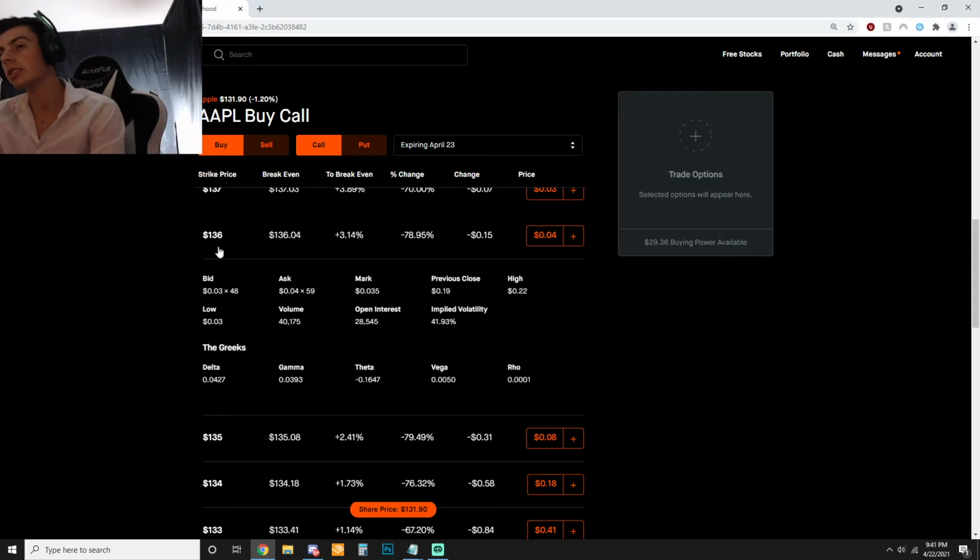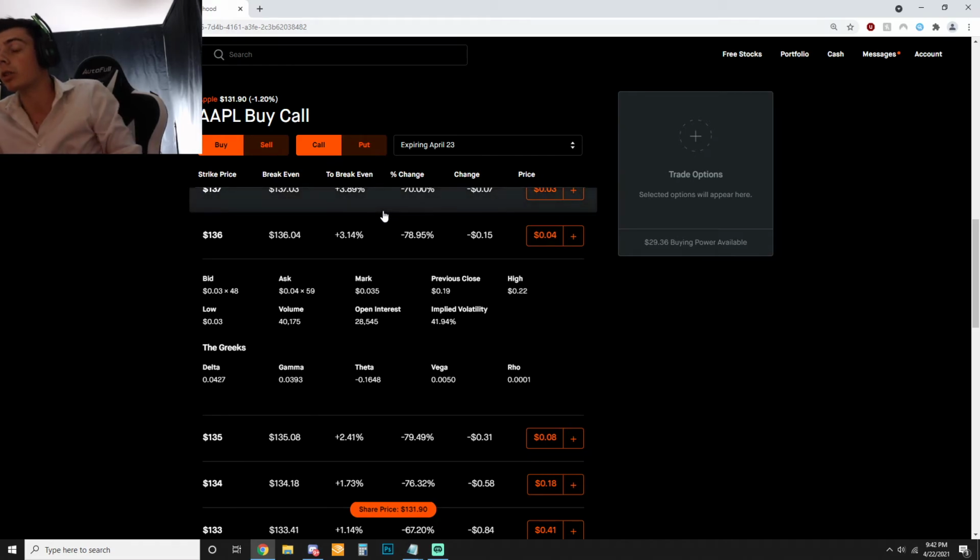So right now, this $136 strike price for this contract is worth only $4. For the right to 100 shares, it's only $4. So while that's cheap, you're going to lose $16 a day. So by the time this hits tomorrow, this contract's going to be absolutely worthless. And the chances of Apple moving up $4 or a little less than $4, because 4 times 4 is 16, that pays for that theta. The chance of Apple moving up $4 in one day is very unlikely, and so this contract may not be the smartest investment for some people out there, but if they believe that Apple will go up $4 or more,